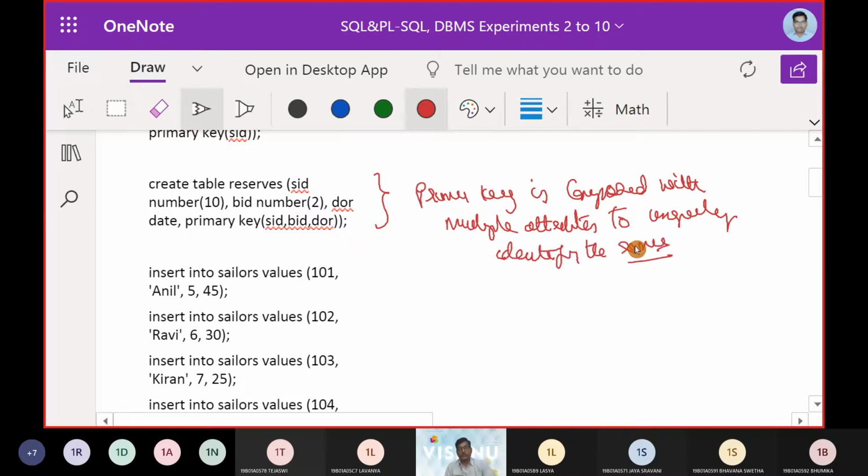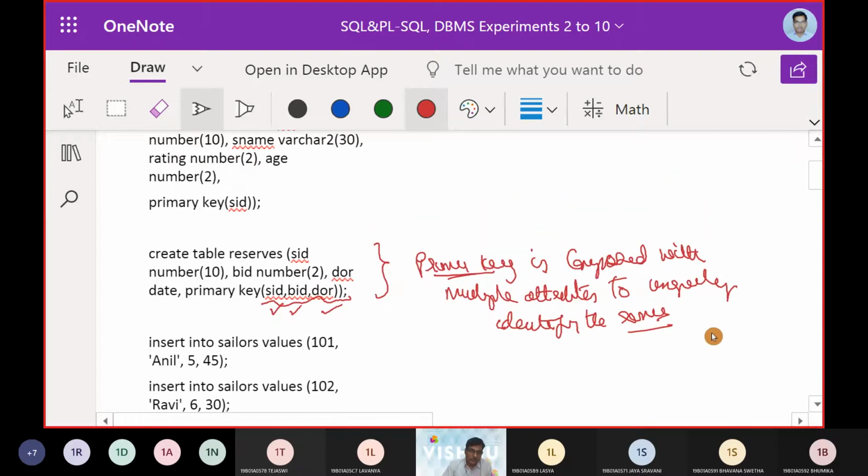In order to uniquely identify the rows, now it is the primary key, composed of three elements. One, it is Sailor ID, two, it is boat ID, three is date of reservation.